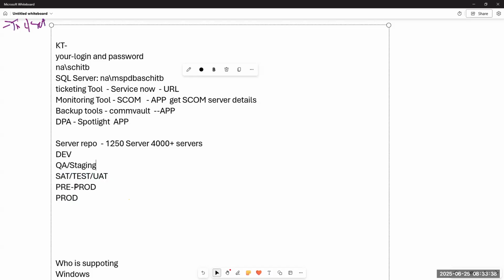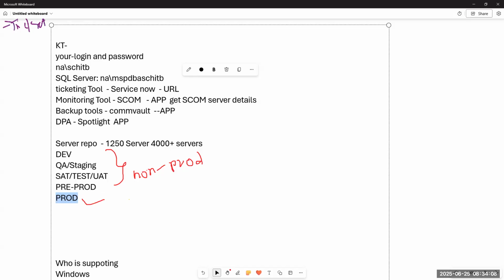The names will be like this, but technically speaking, production servers are very important. Out of 4,000 servers, how many are production servers? The rest we will call non-prod, and this we will call prod.